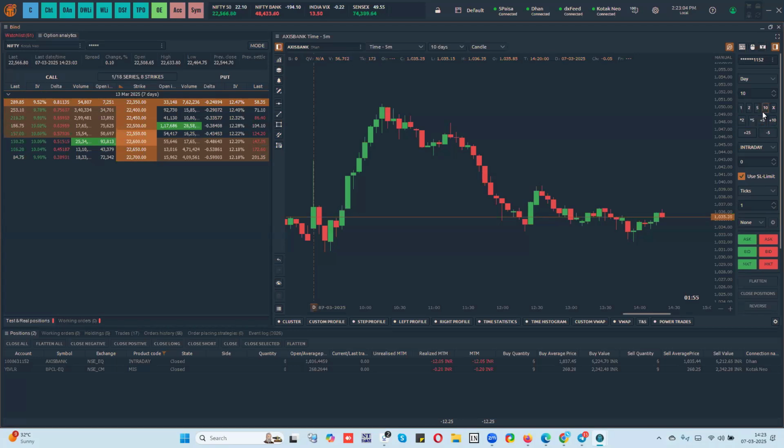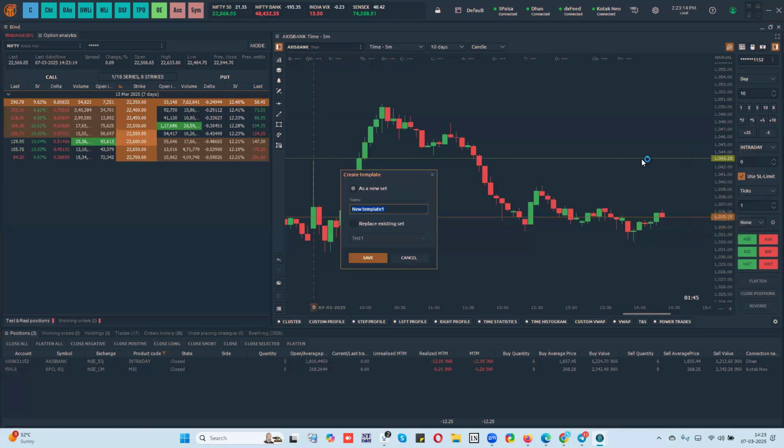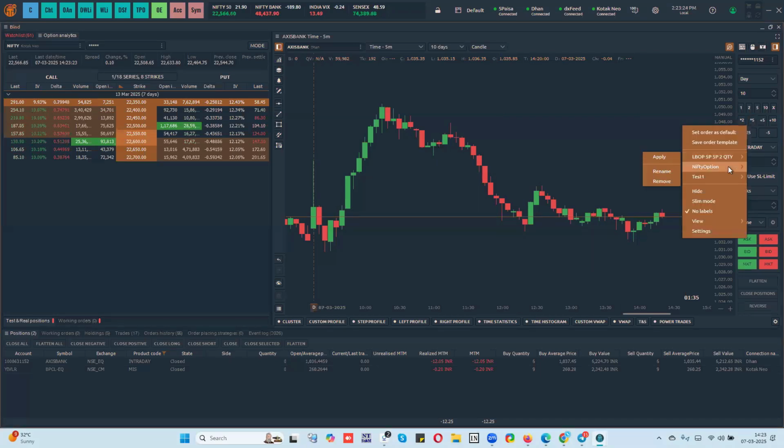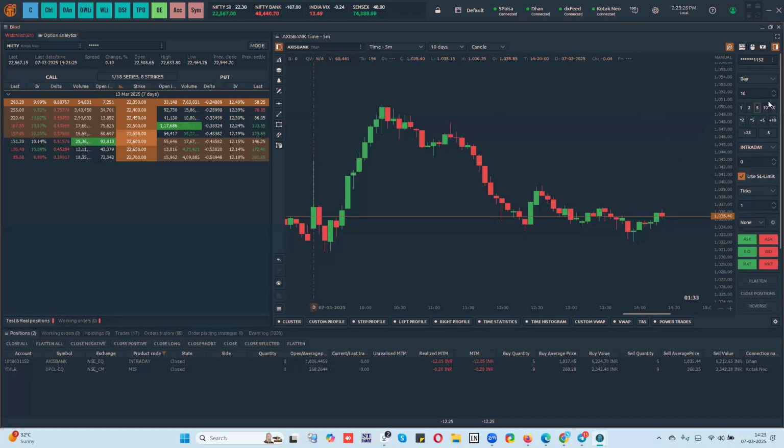Okay, so you can set this configuration for different products. So if I want to save this, say for example, I save this particular template as an order template, say for Nifty. Okay, I only trade Nifty options for this particular template. I can save this, and whenever I trade Nifty options, I apply this, and automatically this template will get activated with all the settings that are available, right? So you can create your order templates by using this functionality.